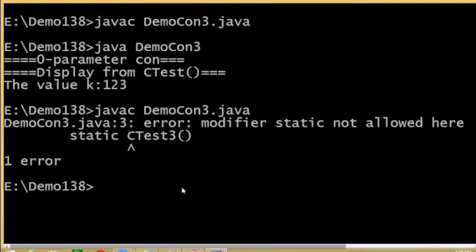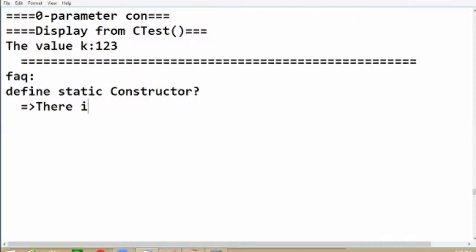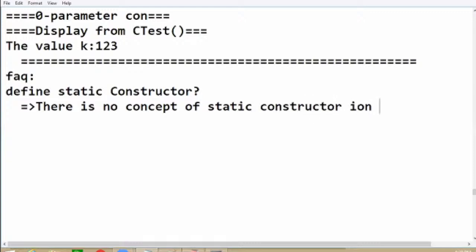That is the reason if you write it, error will come. There is no concept of static constructor in Java because